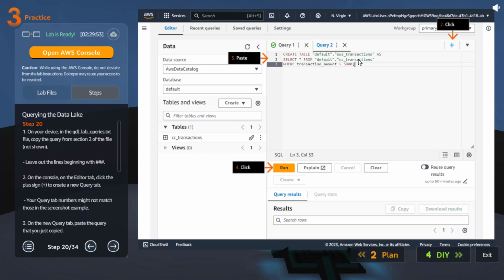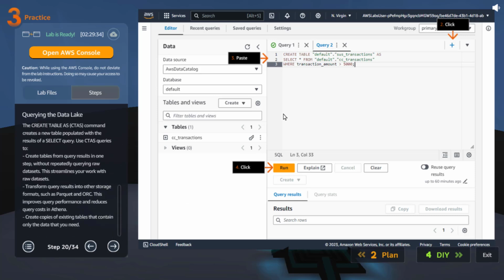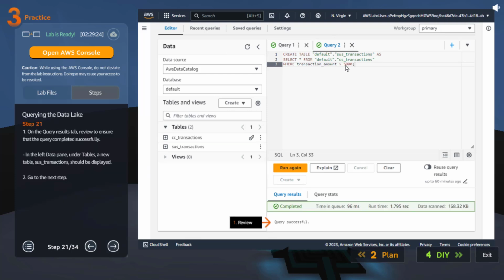So you are querying from the transaction table where it is greater than 5,000 and putting the data into another table called suspected transactions. So what create table does is it will create the table as well as load the data based on the select. We call this create table select star from. Okay, so there are different ways you can create tables and load data, but this is one of the methods. I think this SQL is already provided, so we will use that as well, and then run it. Then another table got created and loaded.